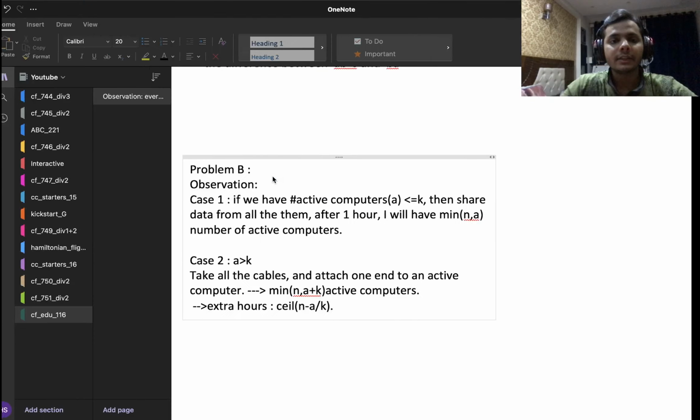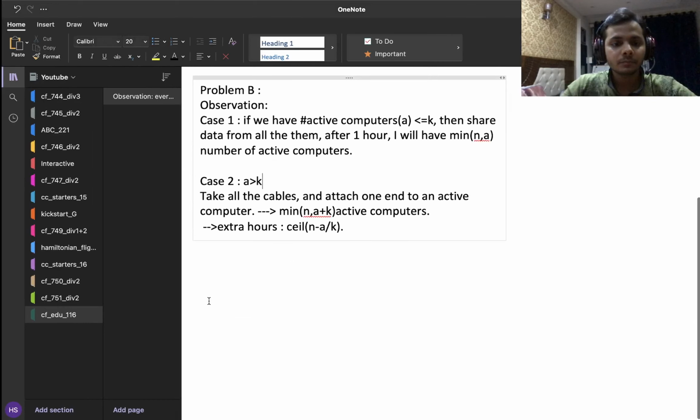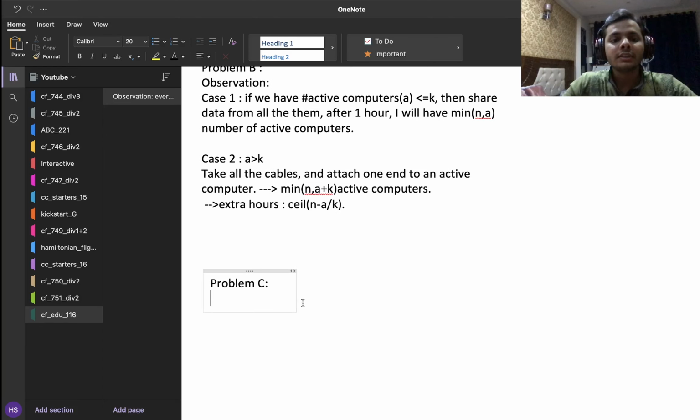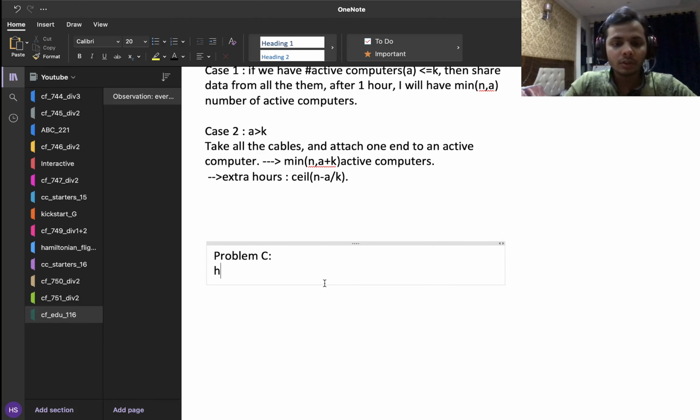So let's try to make some observations here again. The first observation that I'm going to make in this problem is the approach which you are going to follow such that you can calculate f of s for any s. So the first natural question is how to calculate f of s. And the answer is simple.